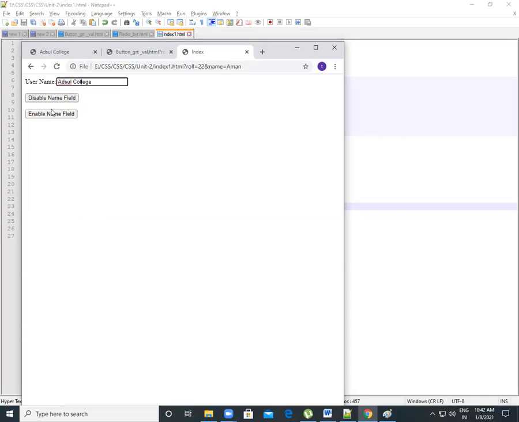Right, also college. When you disable this field, you can see that we cannot change it. We can just copy this text. One second. Right, but we cannot change that field. When you enable your text, you can edit it.